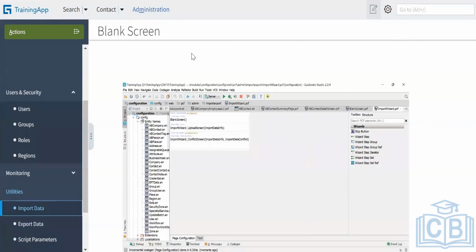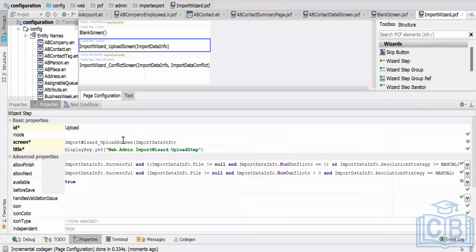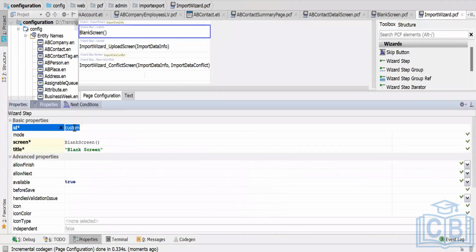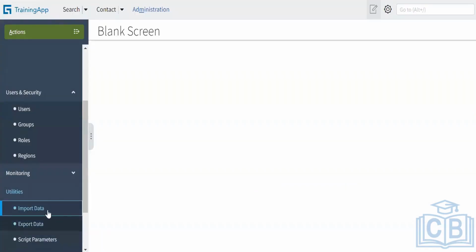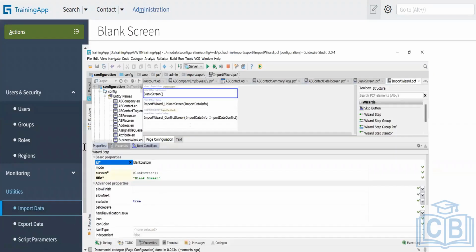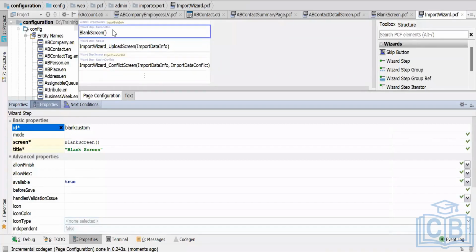But then did you not give the ID as blank screen? I can give any ID, right? But save it, and then you go to the page, it still shows. This is not that ID. You are saying that that would be a title. The title,